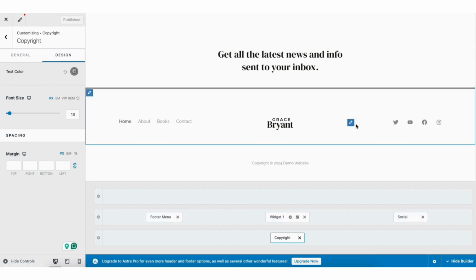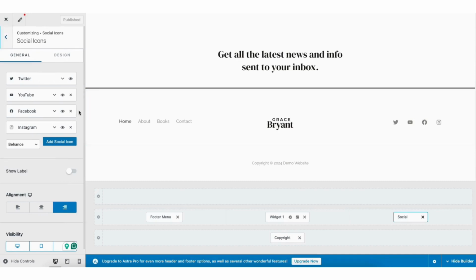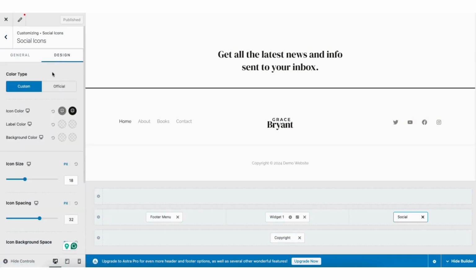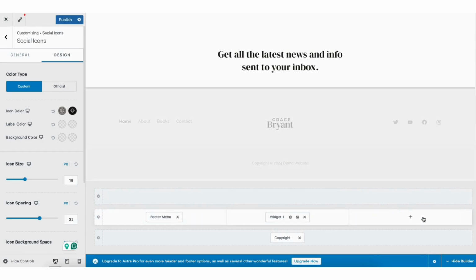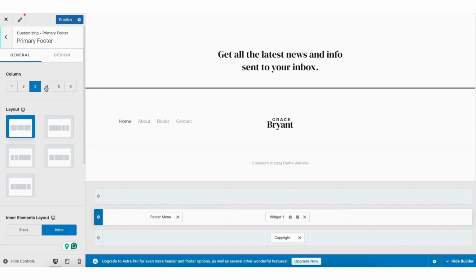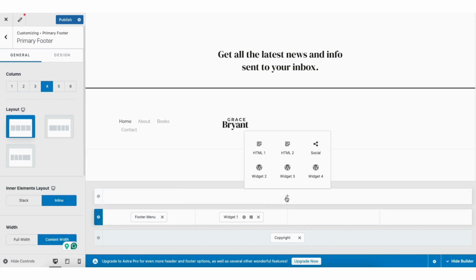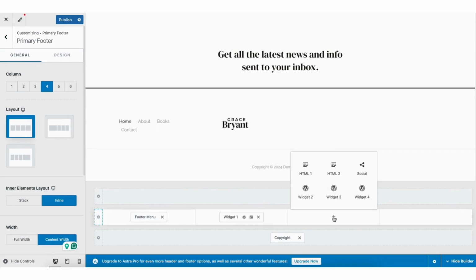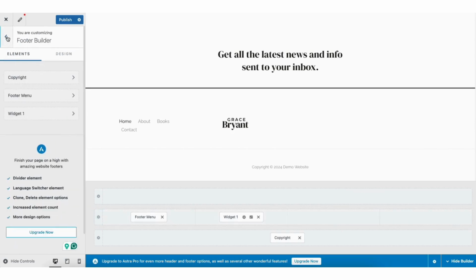If you click the social media icons, you can easily edit, add, or remove social media profiles for your author business. If you click Design, you can make more changes like the colors, sizing, and more. If you don't want something in the footer of your site, click the X button to remove that area from the footer. If you click the pencil icon here on the left-hand side, you can then choose how many columns you want your footer to be. You can then click the plus icon to add sections to that part of the footer.